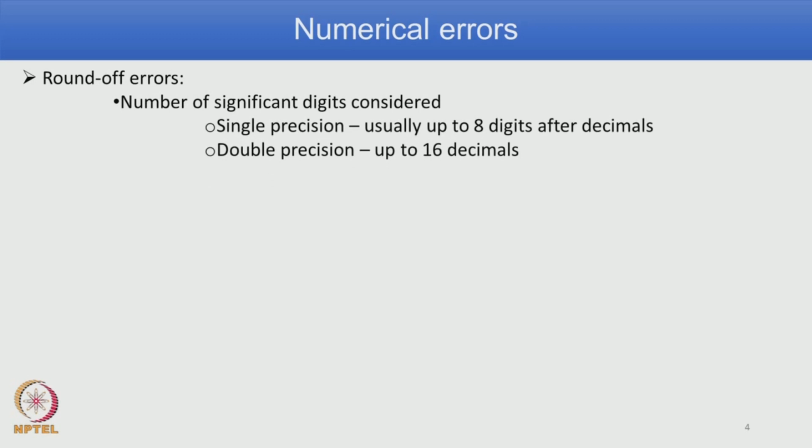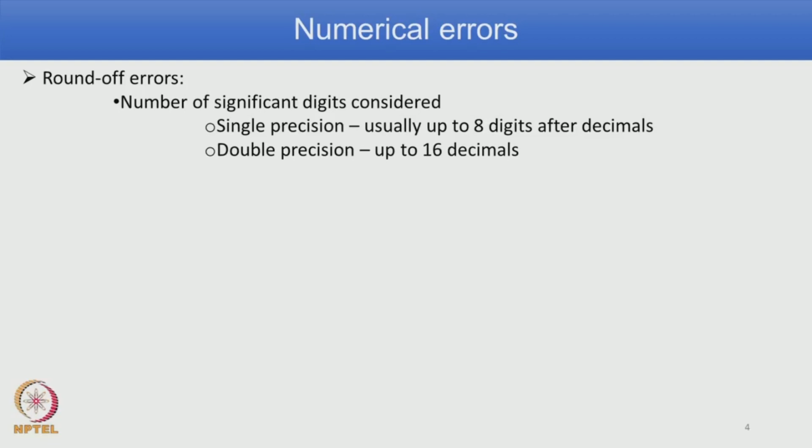Round off error is due to the number of significant digits considered. We know there are a lot of mathematical operations, subtraction, addition, multiplication and division, and in each of these arithmetic operations we handle numbers, and the number of significant digits considered after the decimal makes a difference in the